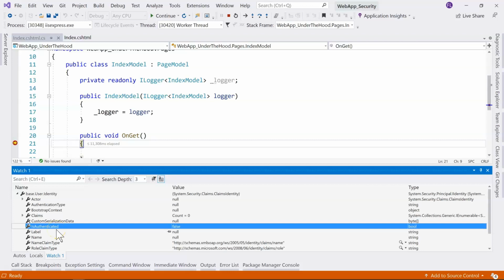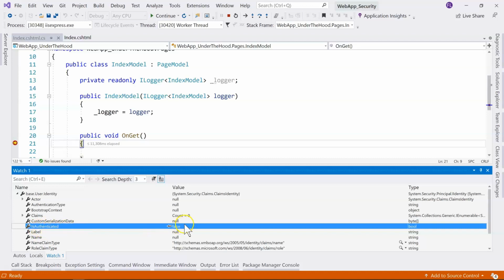Why is it an anonymous identity? Because I haven't logged in yet. I didn't touch any login page. In fact, we don't have a login page. So in this case, we're actually logging in, quote unquote, to this web application without any identity. And this is still considered an identity, and this identity is the anonymous identity, and that's why the